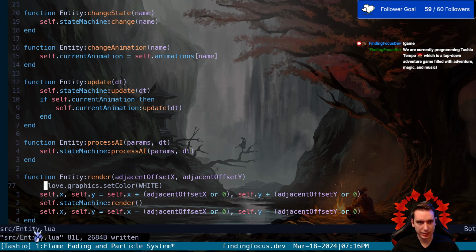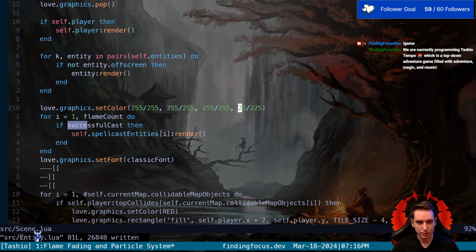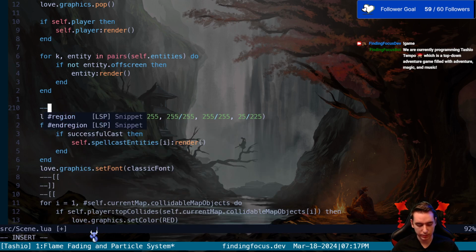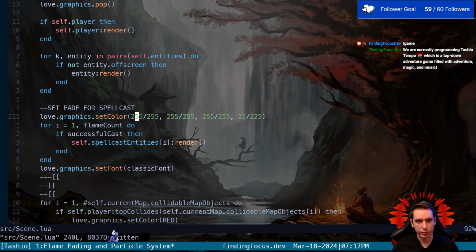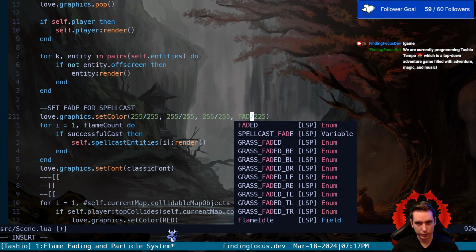We might need to set this somewhere else. Set it to white. It's just that we only have a local variable for our spellcast fade, which is outside of our entity class. So I think setting it here is going to be okay. So this is going to be set fade for spellcast. Now, what we need to do is, instead of putting a number in here, we're going to put our spellcast